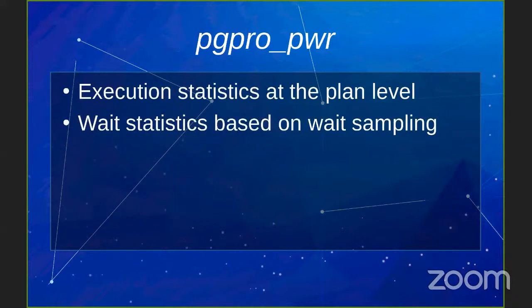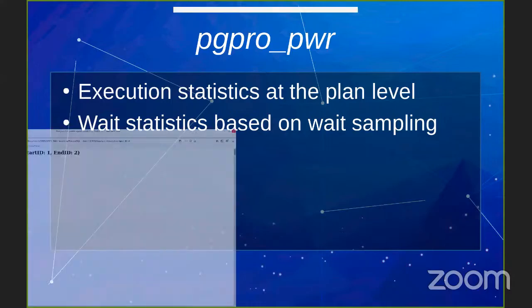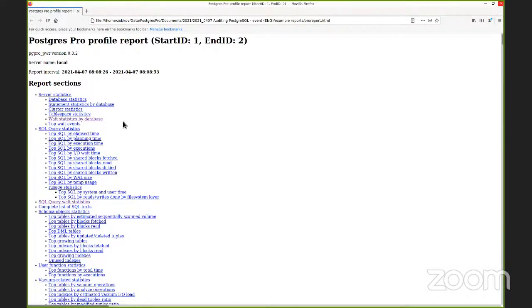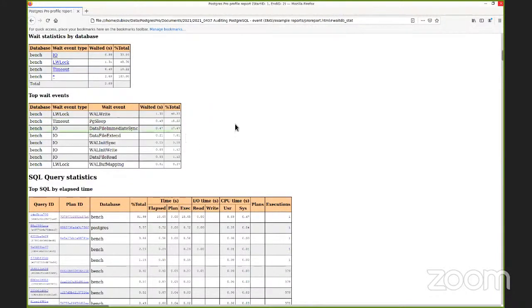PostgreSQL databases provide some additional statistics that are used by the PGPro Power edition of the PGProfile extension. I'll try to show how it looks like. Here we are. PGPro databases contain some additional sections: wait statistics by database, the aggregated statistics by wait event types for all databases, top wait events in all cluster,